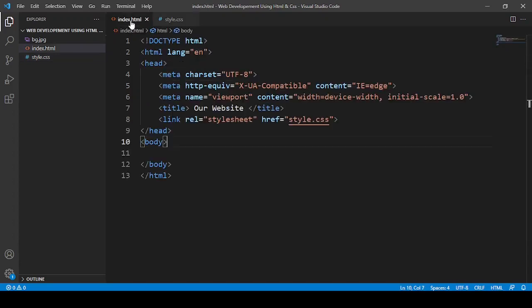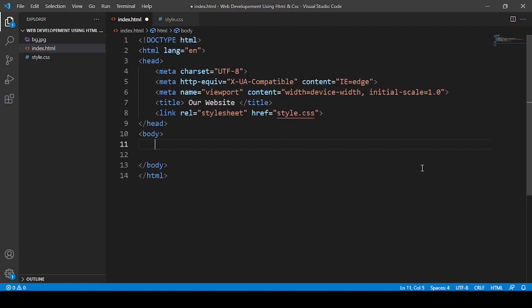After that, let me come to here HTML file again, and then today we are going to code in advanced way. So after then, here we are going to first make navbar.